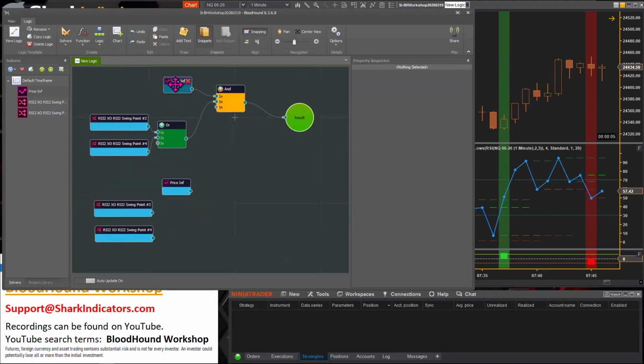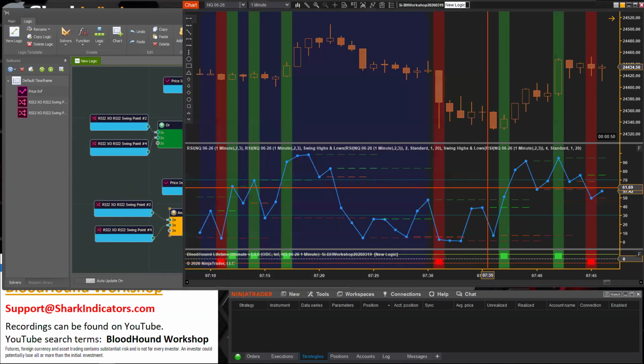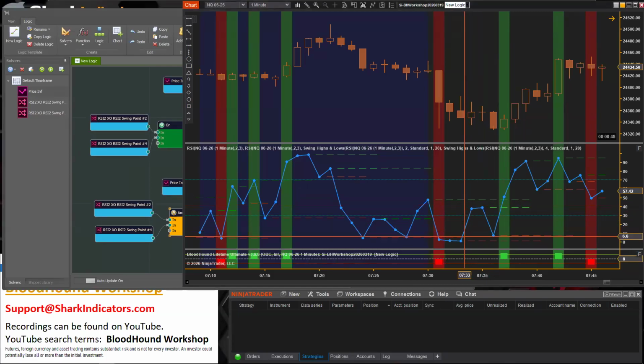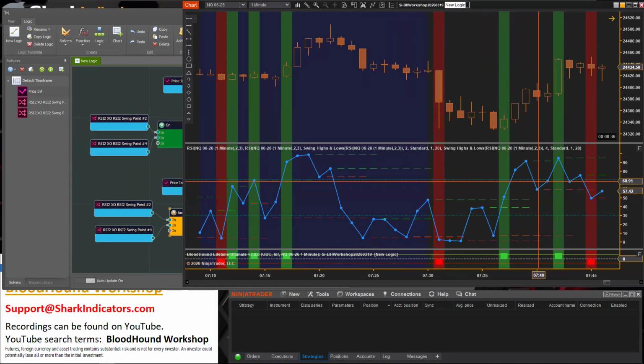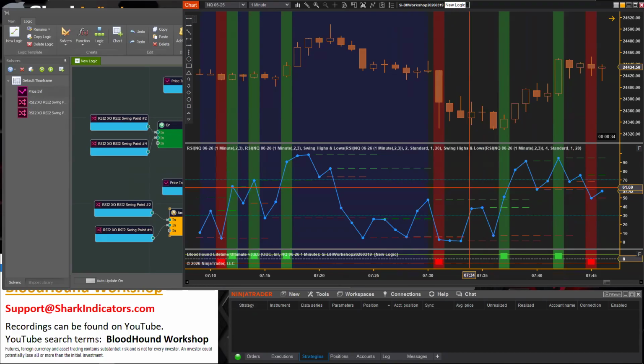So I have all the same solvers on the board here. And this time the logic is going to be a little different. So we actually want both of these crossovers here. Yeah, look at this. Swing low, swing low. So we crossed 2 swing lows at the same time, crossed the 2 swing highs at the same time. And did we cross 2 swing highs at the same time?